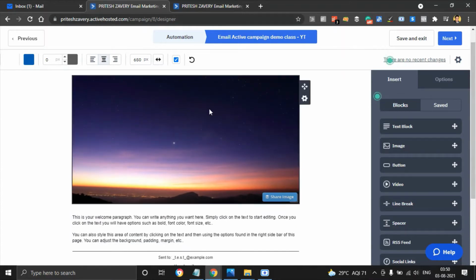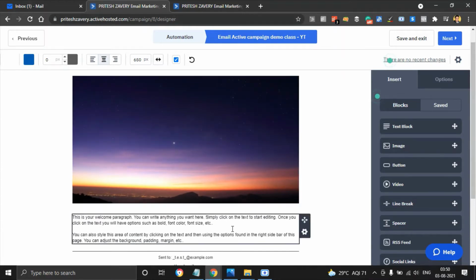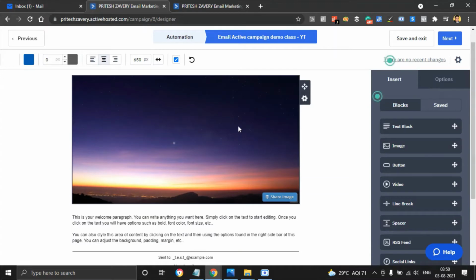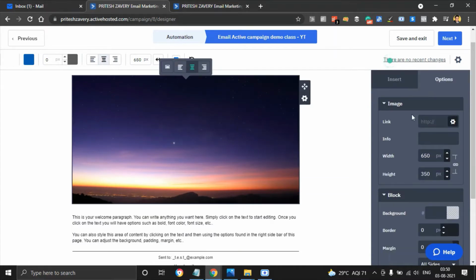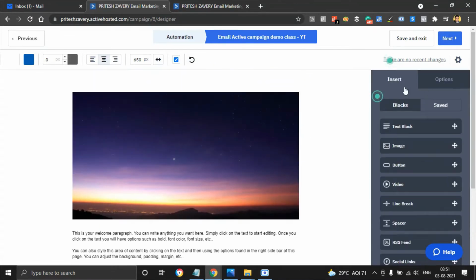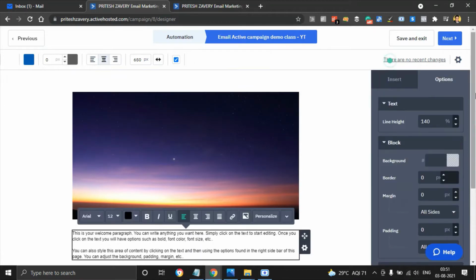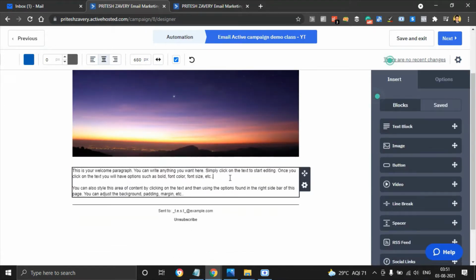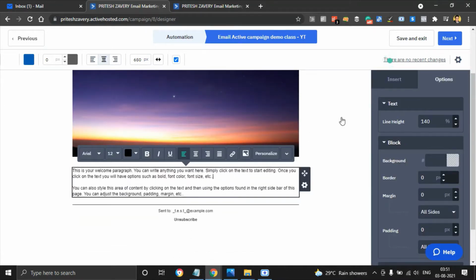For example, if I click on any of these blocks, these are clickable blocks, as you can see. If I click on this block, it gives me information in terms of image, linking image information. I can always play with the dimensions, width and height, the block color, border, margin. All of those things are available to me, and I can always change the words also. If I go to text here, I can simply select and change those words.